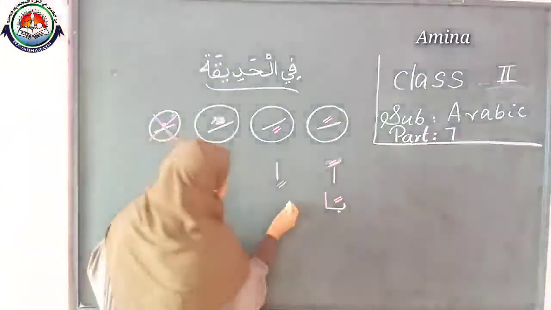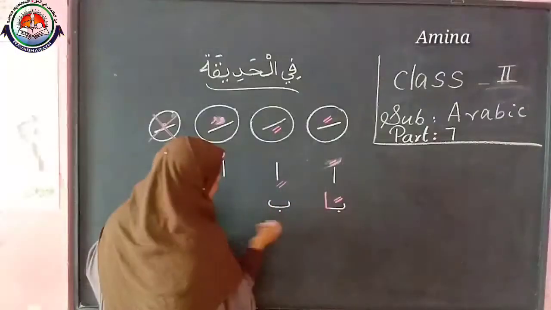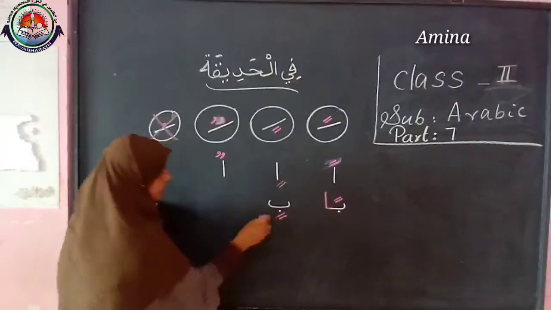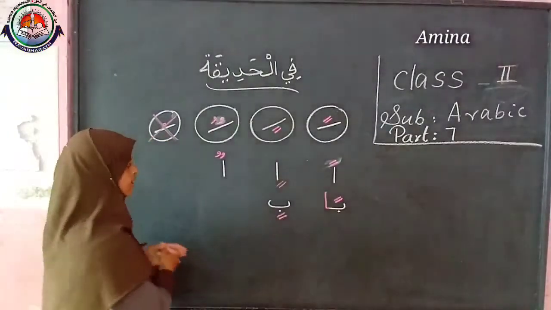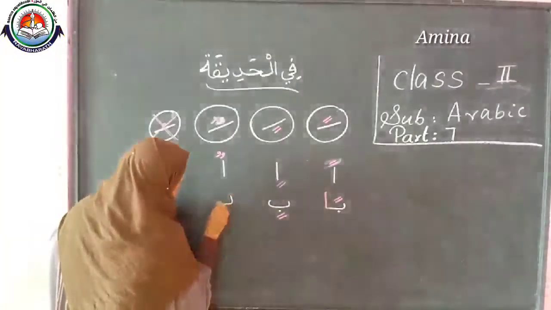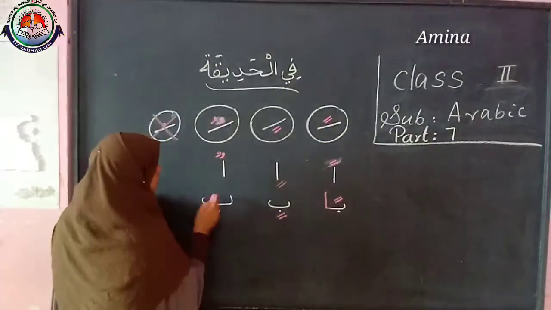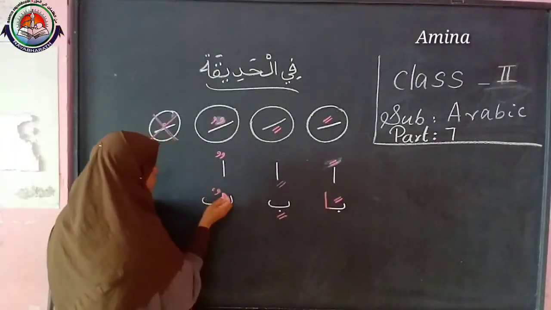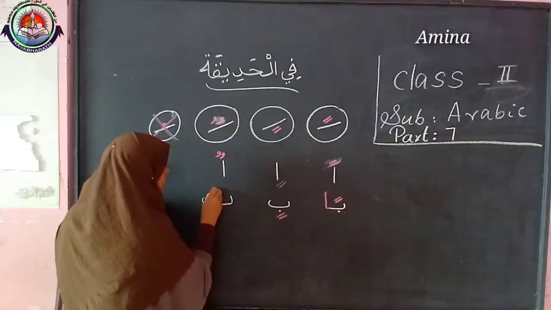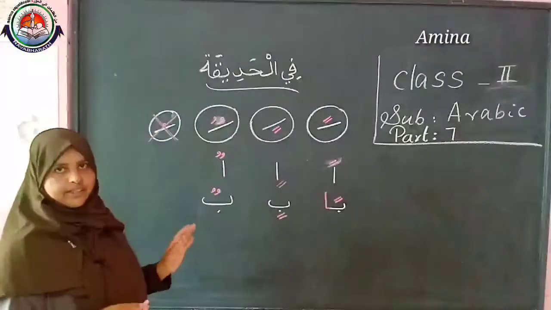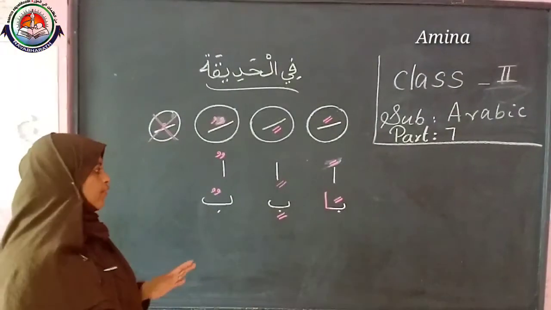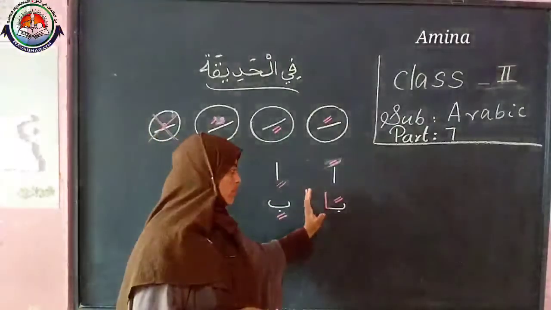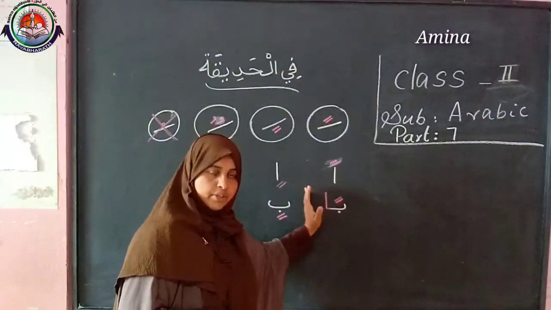Ban. The same letter I can write like this: Bin. Then the same letter with the Damma sign will be bun. Did you understand? For most or the majority,